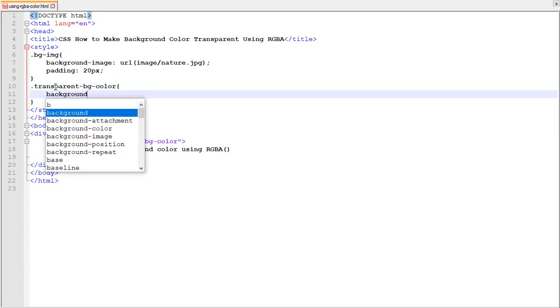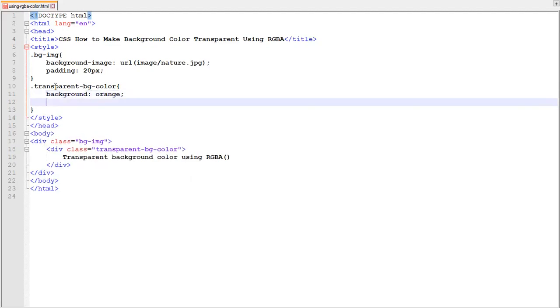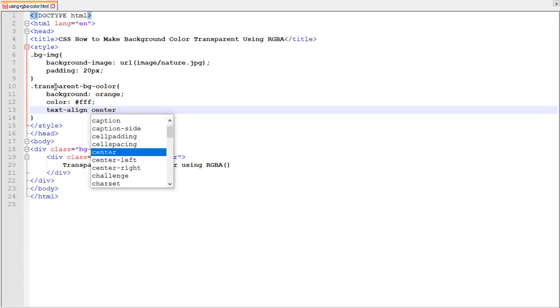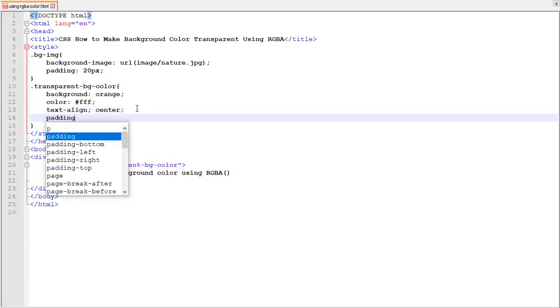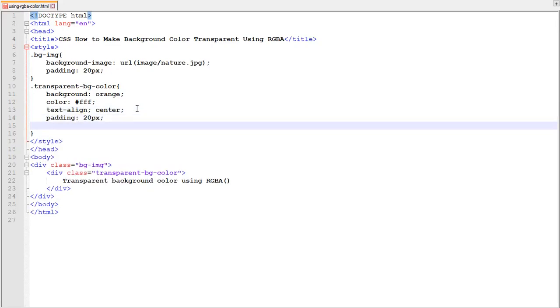Background orange color, text color is white to make it visible, text-align center, padding 20px and font size is 26px.